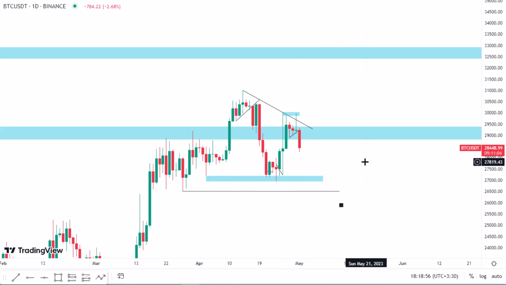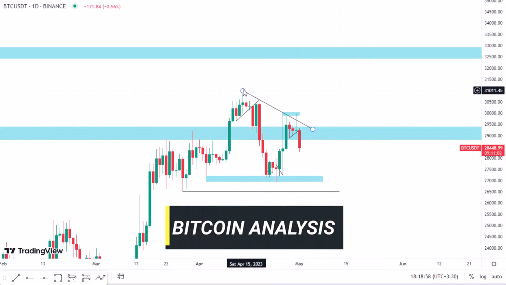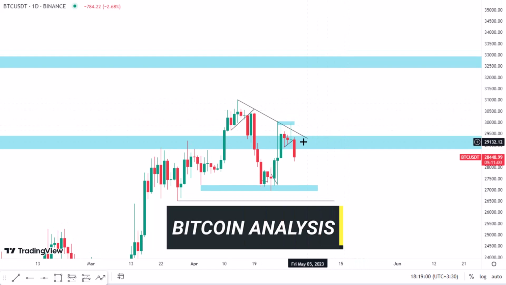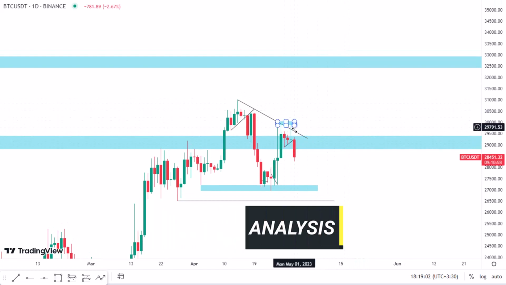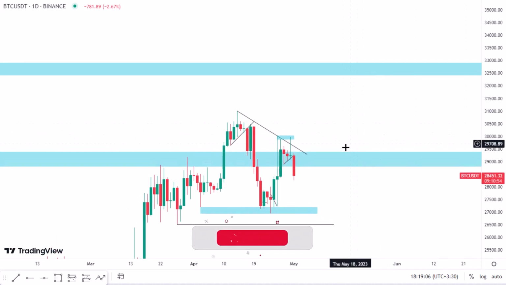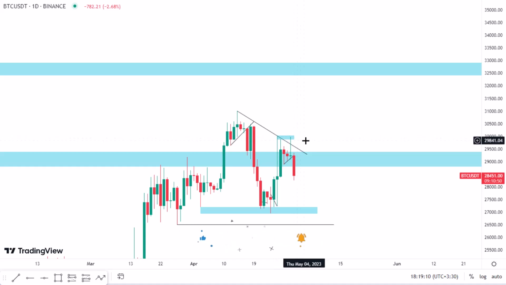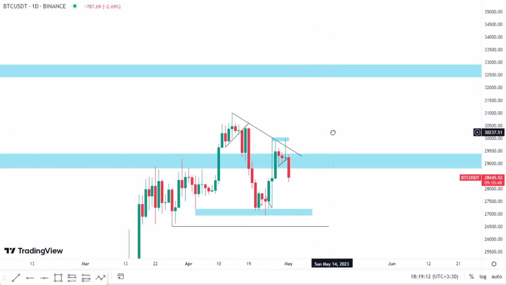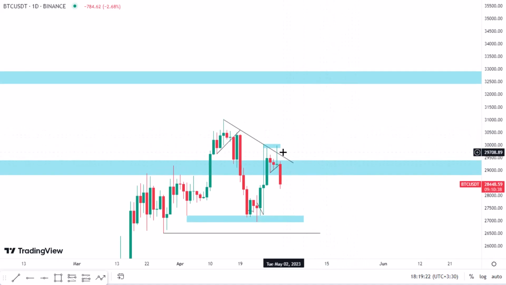In my previous analysis I told you that we have this trend line and the price was breaking this trend line to the upside by this candle here. I told you that the body of the candle must close out of the trend line on the daily time frame. Then we can say it is a breakout to the upside. Then we can enter a long-term buy position for Bitcoin, but the price couldn't close the daily candle up of